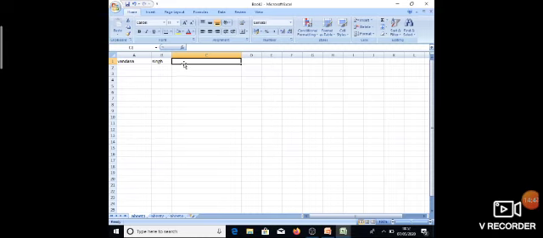So first, before writing any formula, you must write the equal to sign, you know. And I told you the ampersand sign is used to perform the addition. Okay. So before applying the ampersand, you must write the cell reference. You want to join A1 and B1.